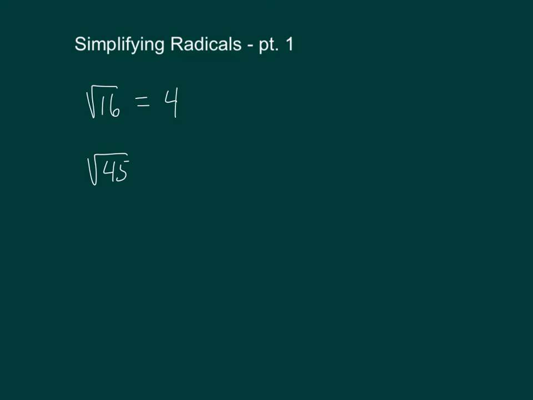Well, other than 1, perfect squares would be 4, because 2 times 2 is 4. 3 times 3 is 9, so 3 squared is 9. 9 is a perfect square. 16 is the product of 4 and 4, so 16 is a perfect square, as is 25. And if we keep going up, 6 squared, 7 squared, I'm making a list here on the right,